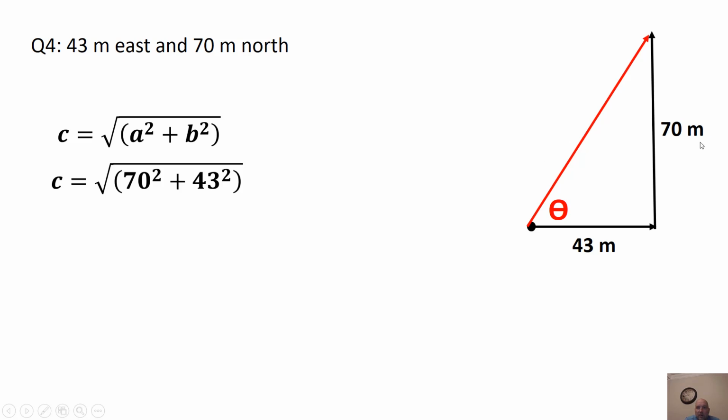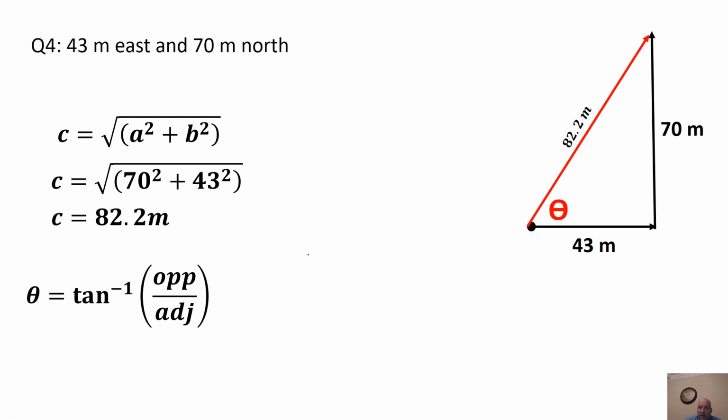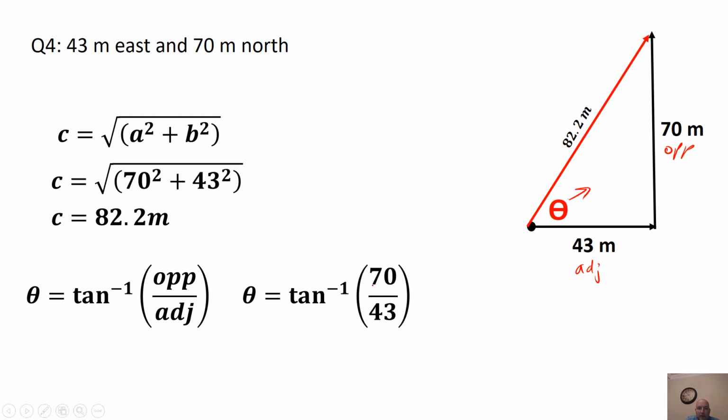We're going to put the non-hypotenuse sides in, square each of those, add them together, and take the square root of that, and we get 82.2 meters. That is going to be the 82.2 meters that's on the hypotenuse. And now we're ready to describe the angle. In order to describe the angle, you need to know which side's which. This one right here is going to be the opposite because it opens up to that. And this one's going to be the adjacent because it's the side and it's not the hypotenuse side. So now we can plug in those values, 70 for the opposite, 43 for the adjacent. We solve for that and we get an angle right here of